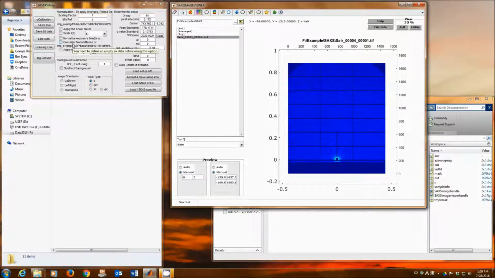For that purpose, you need to measure several standard samples and then background images. Okay. Typically, as the standard sample for absolute intensity calibration, we use glassy carbon and water. Okay. First of all,